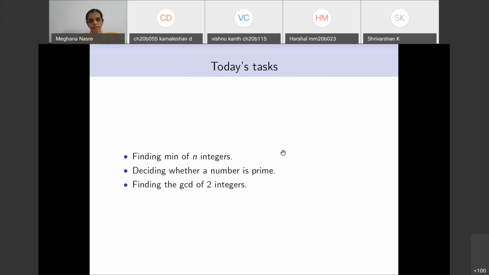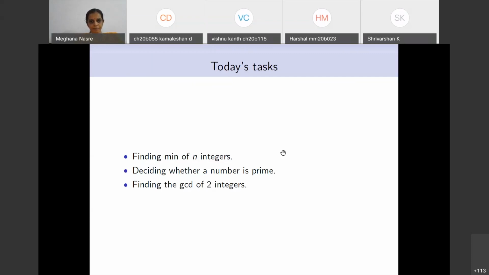So what we will do today is what we started in the last class, that is finding the min of n integers. We started writing a program, and we did not quite finish it. There were two versions of this problem. We are given input n, and we are going to find the minimum of n integers. These n integers can be anything. The second version was that we want to find the minimum of positive integers. We are not told in advance how many integers will be given, but the stream of integers will be terminated by a negative value, and there is where you stop. So these are the two versions.